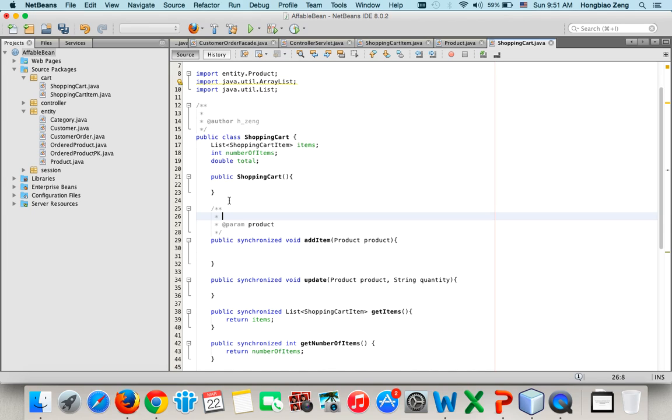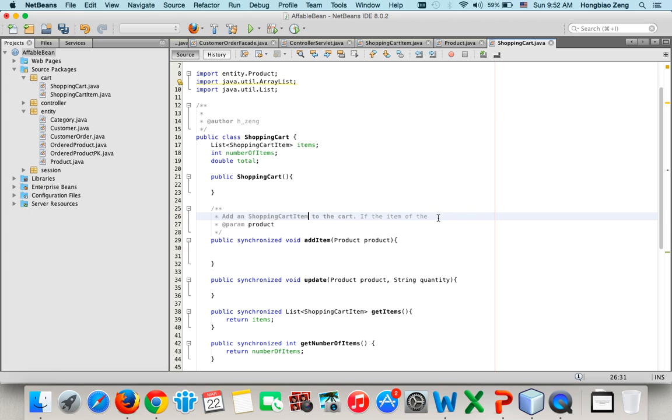For example, the first one you can say: add a shopping product to the cart if the item of the item, okay, add a shopping cart item to the cart